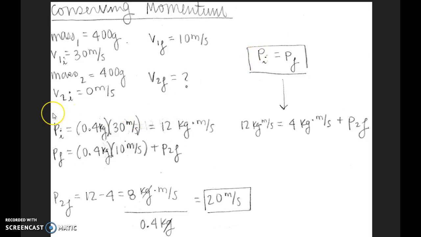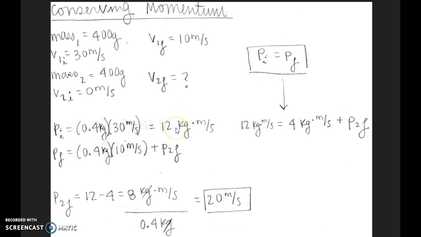So we know that all travel in this question is in the same direction, so you can treat it as a scalar equation. You can first find the original total momentum by doing mass times velocity of the first ball. So it would be 0.4 kilograms times 30 meters per second, and we get this answer. Now we know since the initial momentum is equal to the final momentum, we know that this value, 12 kilograms